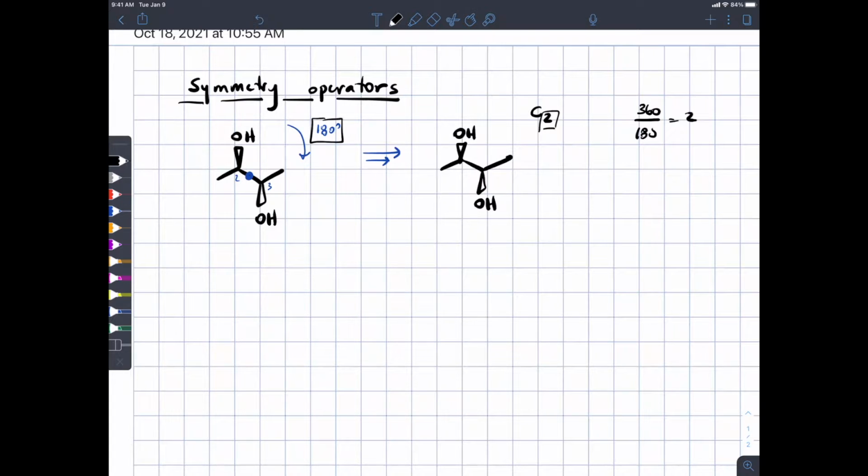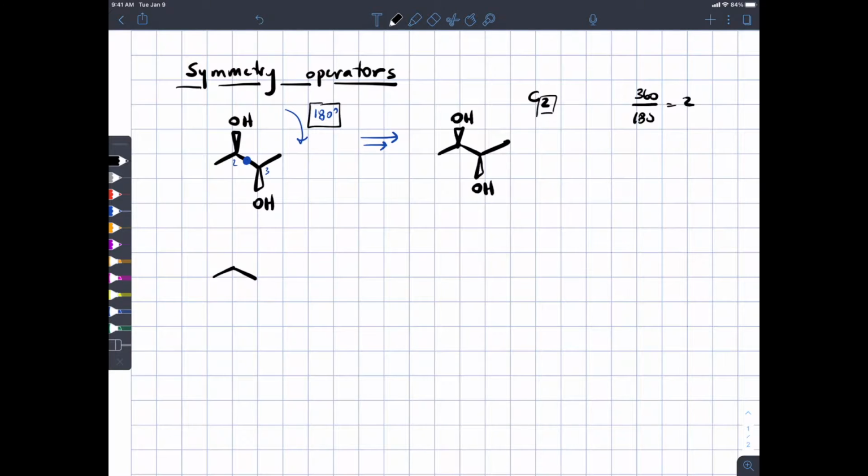But of course, we can see this axis of symmetry in this conformation of the molecule. It's a little bit more difficult to see perhaps in this conformation. So, do you see how these are the same thing? Yeah. So it turns out you can draw a C2 axis in this conformation too. I'll just draw it here. It's this line in the plane of the page, and then if you rotate 180 degrees, you exchange places of those OH groups. But we're going to make the statement that in general,